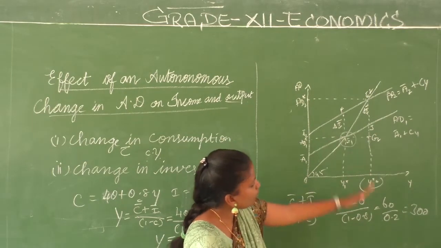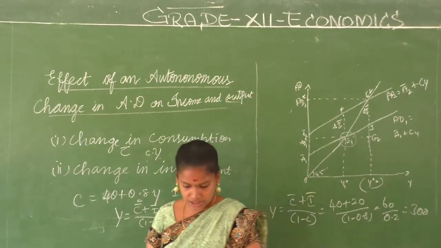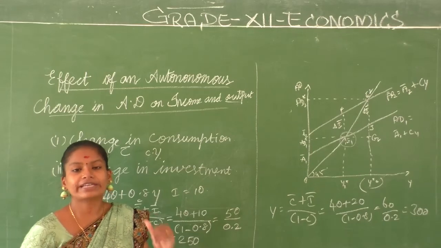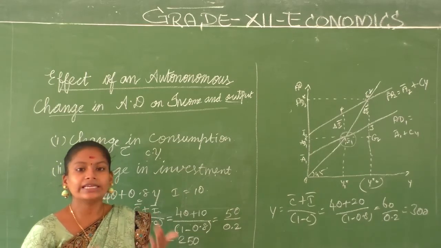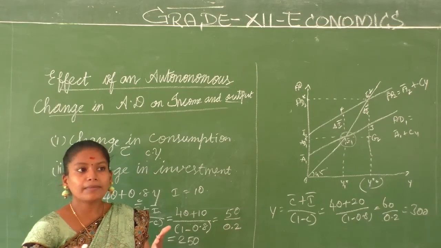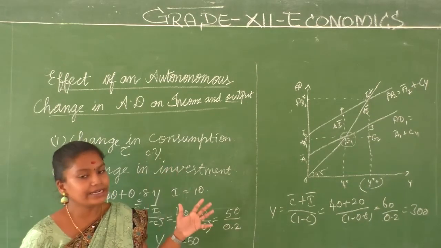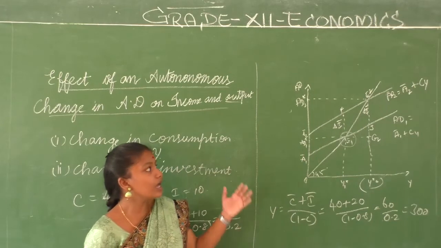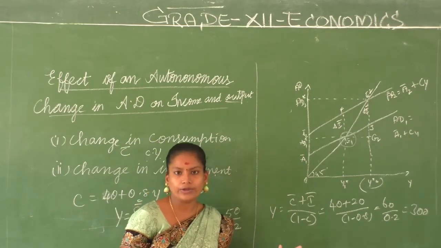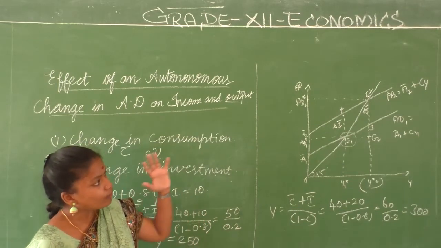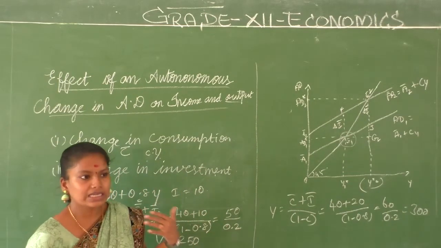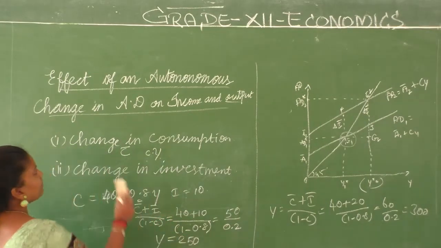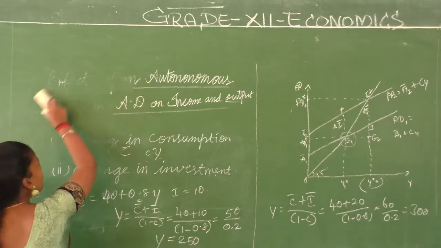Fine children, this is what this entire graphical representation is about. This says that there is an initial autonomous increment of 10. Okay, with this initial autonomous increment, there is a multiplying of values in what? Aggregate demand and output. There is a change in these values. When there is an increment, there is a change in the aggregate demand's value and output's value. Fine children. So what are we going to do next? How does it increase? How does it multiply? So we are going to study it through the multiplier mechanism.